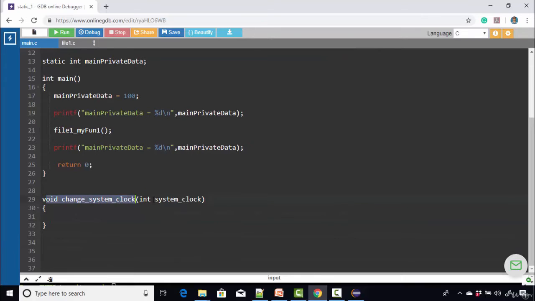So what this function does is it takes the system clock value from other functions in this variable, and then it uses this variable to change the system clock. Let's just print the system clock here. So now let me print a message, system clock changed to,